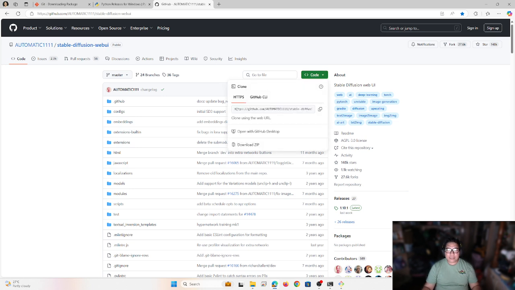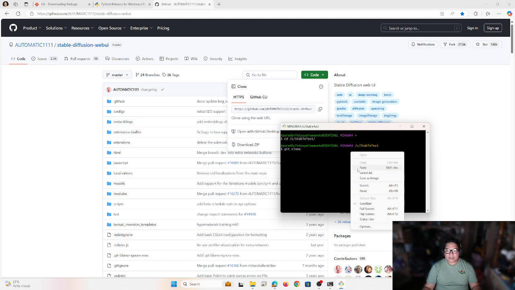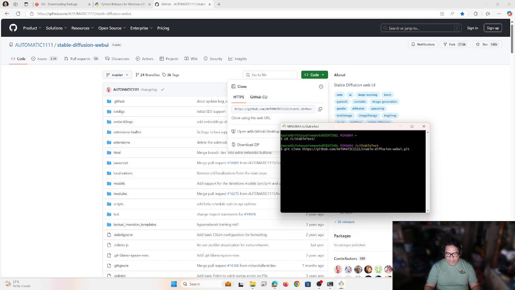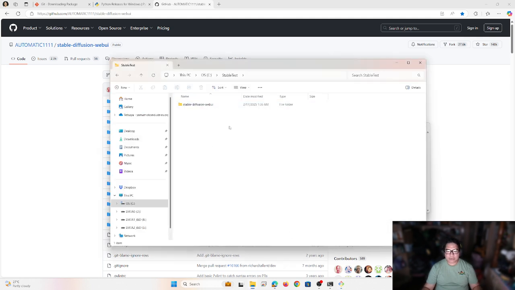To have that repository copied on my system, we use the command git clone, space. Let's copy the GitHub repository site itself, paste it, and enter. So right now I'm cloning the repository. I have the program here already. Okay, so you already downloaded it. It doesn't mean that because you downloaded it, it's already installed in your system.